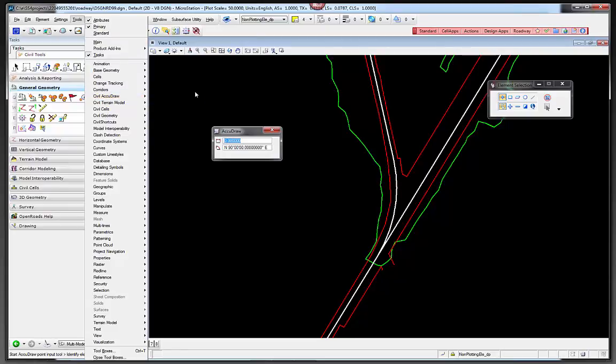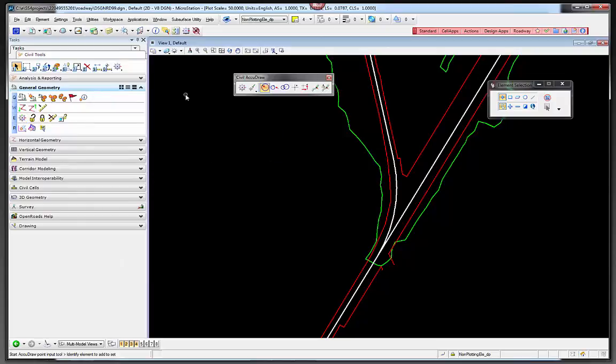I'm just going to work off of the Task menu, and as soon as I activate it, notice that the MicroStation AccuDraw went away. You can still turn it back on, but one of the things that Bentley has recommended is that if you're going to use Civil AccuDraw, then disable MicroStation AccuDraw because they use some of the same similar shortcuts. As a matter of fact, in our workspace, we've created a little utility that we've mapped to the